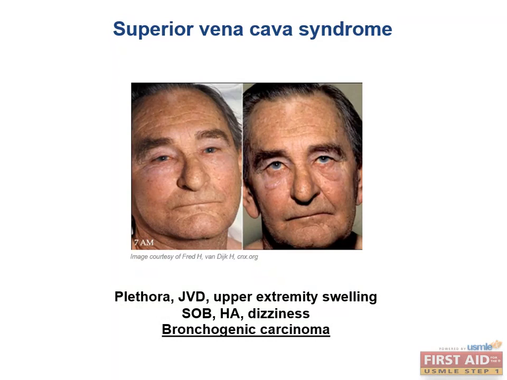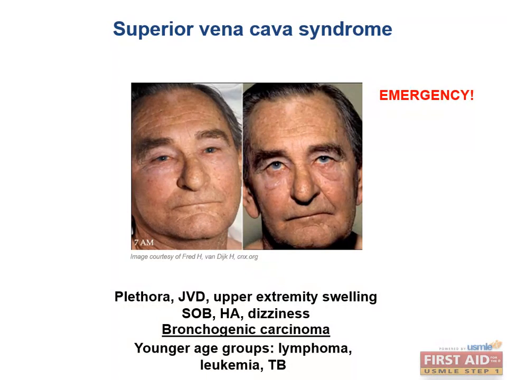If you saw this in younger folks, what would you think? You may think of lymphoma or leukemia or possibly something infectious like TB. Thrombosis can also be a cause secondary to any type of coagulopathy, or maybe a central venous foreign body like a catheter, pacemaker, or guide wire. This condition is obviously a medical emergency because it can increase intracranial pressure and possibly cause a brain bleed. Treatment choices include steroids, diuretics, endovascular shunt, as well as surgery, radiation, and chemotherapy directed toward the lesion.